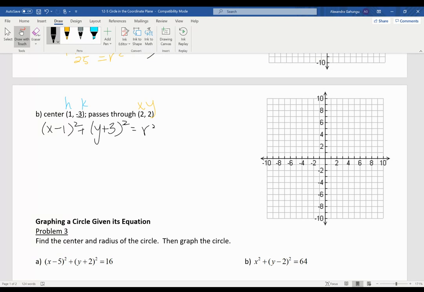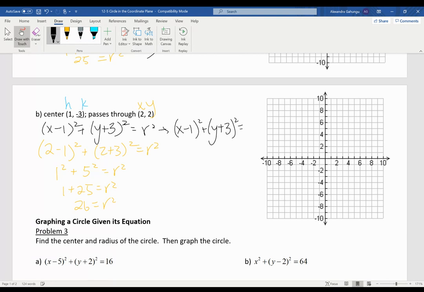So I can plug x and y in, because in a point we have x comma y, and I plug in (2 minus 1) squared plus (2 plus 3) squared, gives me r squared. So I get 1 squared plus 5 squared. So now it's 1 plus 25 equals r squared. So r squared is 26, meaning when I write the equation here, it's (x minus 1) squared plus (y plus 3) squared